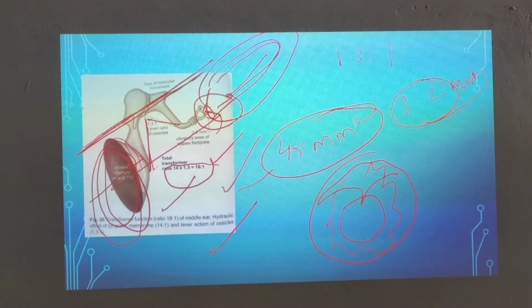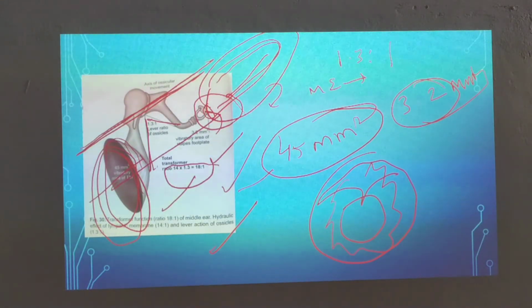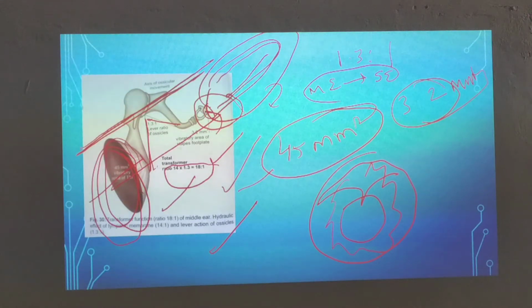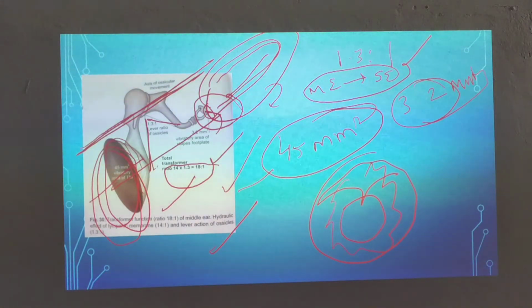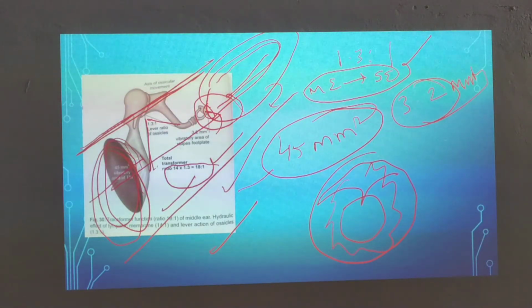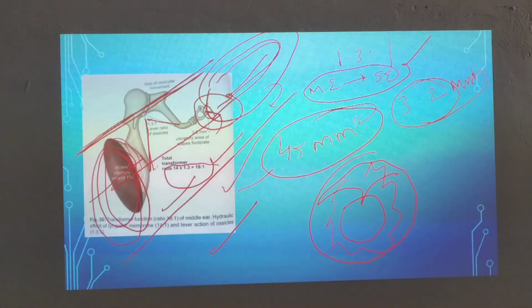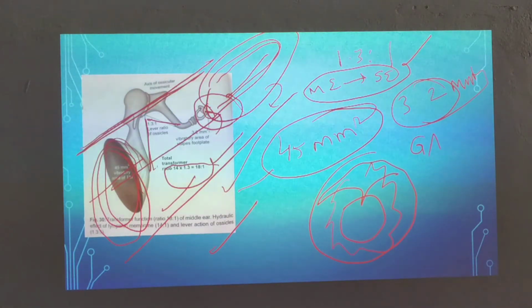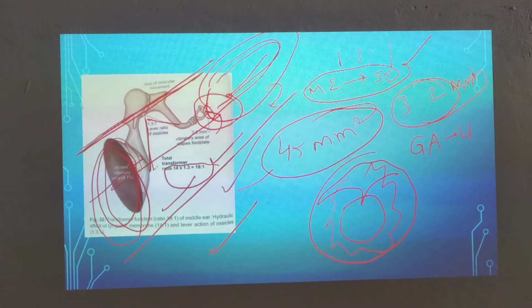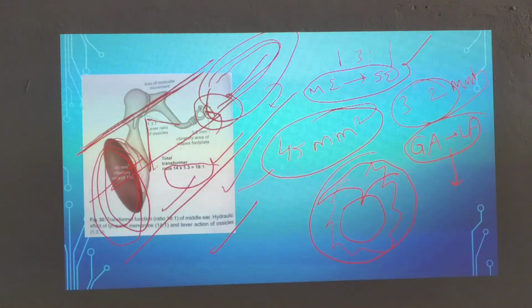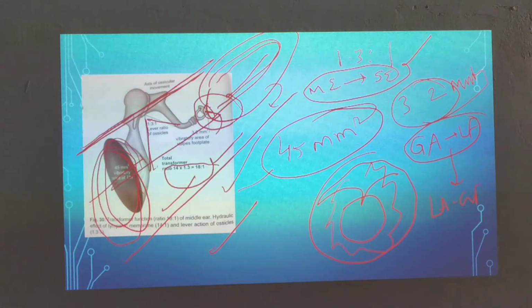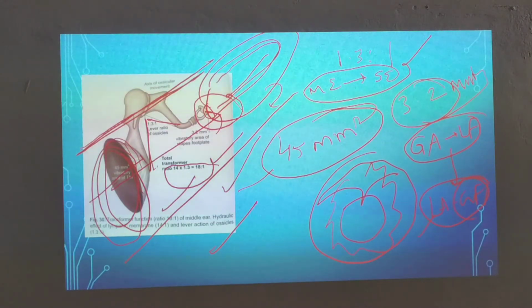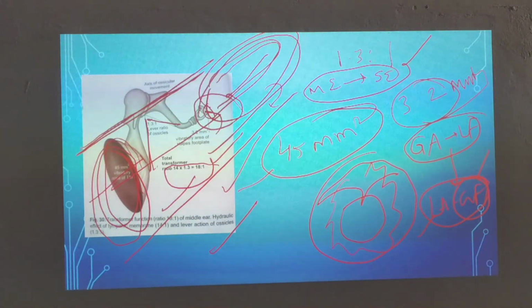Okay, transduction and then conversion of mechanical energy to what? Sound energy. Mechanical energy is converted to sound energy, so that wastage of energy is prevented. It is causing greater amplitude and lesser force, which is converted into lesser amplitude and greater force. So even with the lesser amplitude, we are having greater force. We are vibrating the cochlear fluids.